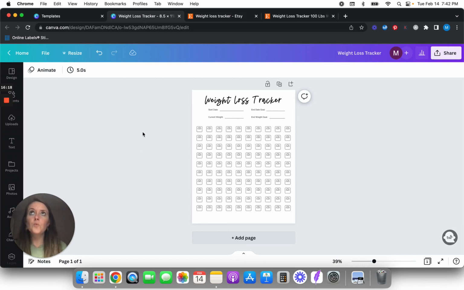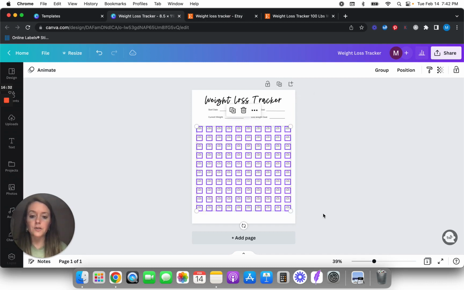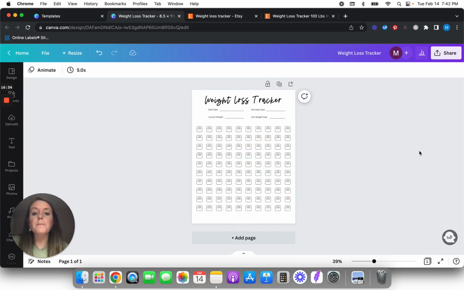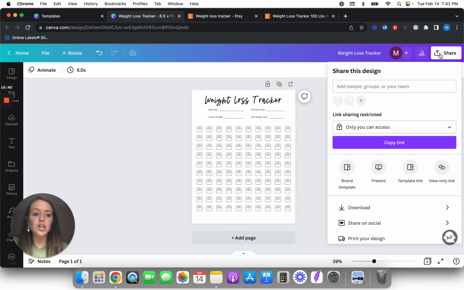So once you get this product finished, whatever template it is you want to share with someone, say you want to make this editable and you want people to be able to change the font and all this stuff. I'm actually going to ungroup all these because it gets on my nerves. Okay. So once you've got your finished template, you're going to go over here to share,